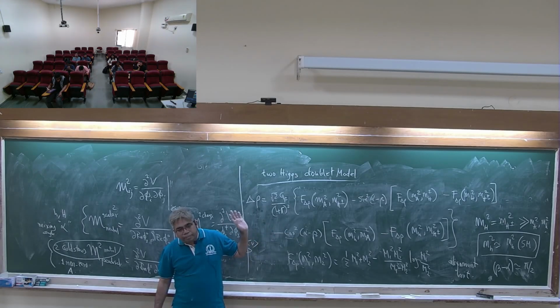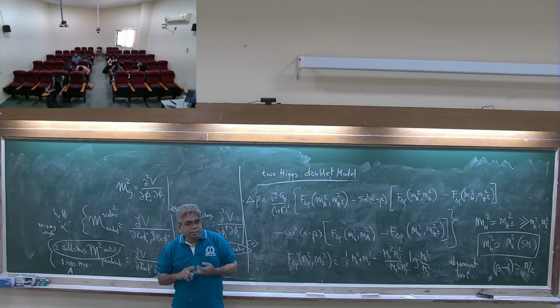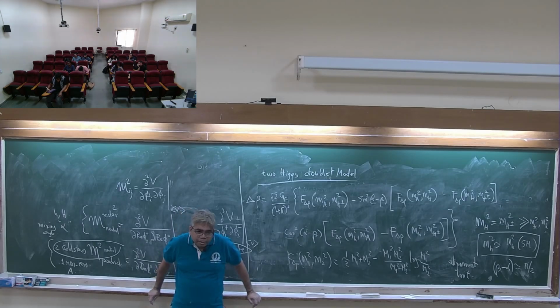But what this shows you is that adding an additional Higgs breaks the custodial symmetry drastically, and the consequence is that it makes delta rho quadratically sensitive to the masses of these extra Higgses. So you hope that the decoupling limit works, that the loops are well behaved. It works in this two Higgs doublet model, but there are cases in which the decoupling theorem is violated. That means that even if you take the masses to infinity,